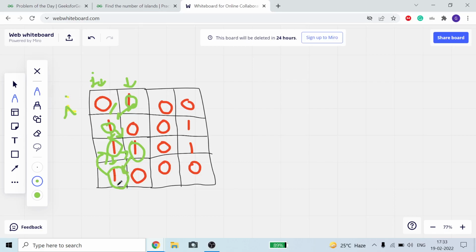So this will become an island, then my j comes to this, my j comes to this. Okay, I have completed this. Now my i comes to this, which is 0. But suppose we don't make it 0 and we don't have a cycle, just suppose. If we did not have that, then we would call to this again, call to this, and it would be a very huge process.